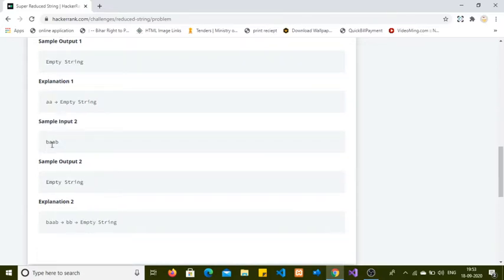Similarly, baab: we'll first check b and a, both are not equal, then move to the next characters aa, both are equal, so we'll remove them from the given string, and now b and b are left. Both are again equal, so we'll remove bb also, so nothing will be left in the given string, so we will return empty string.